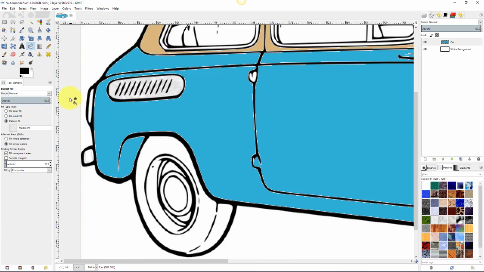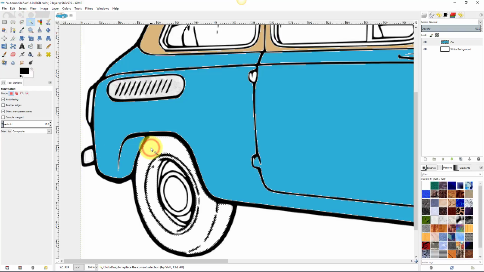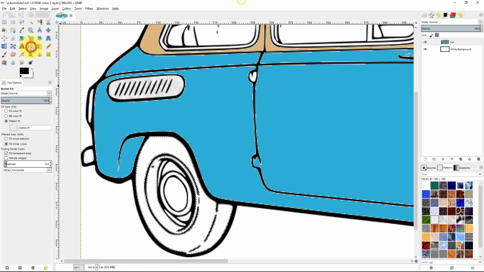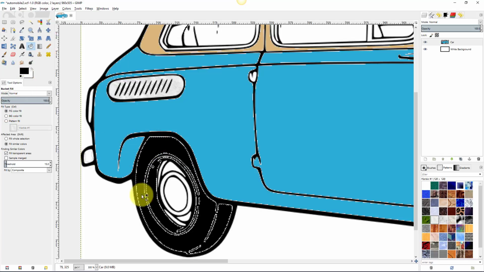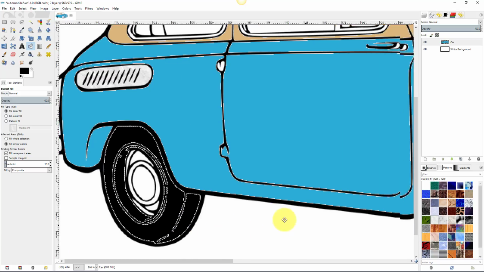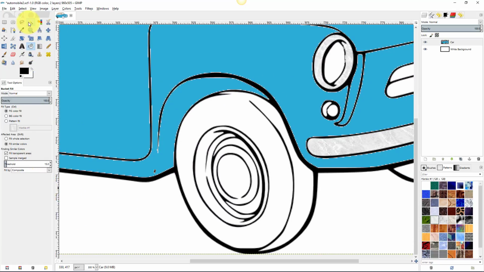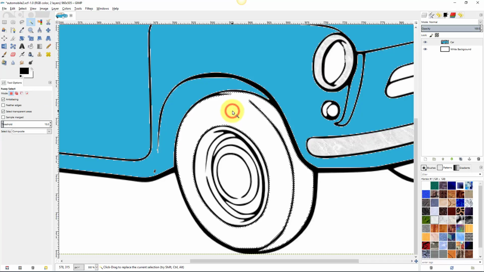Tires need to be black, so I use my paintbrush tool. Actually, I have to come in and select this area here first, and now I'll use my paint bucket. I'll change it back to foreground fill, which is black, and click right in there. That looks pretty good. Let's look at the next one here. Select paint bucket,